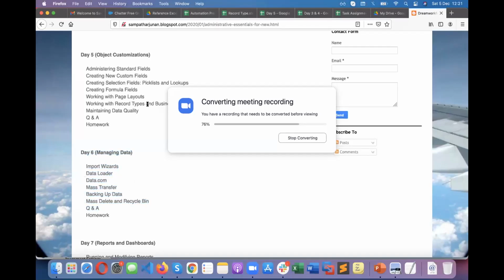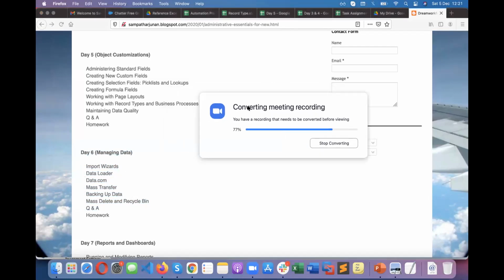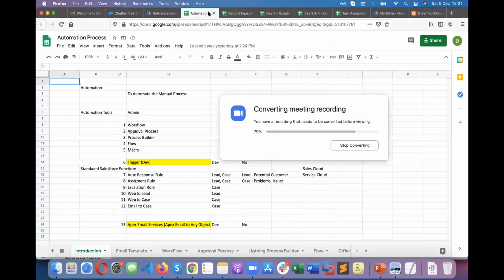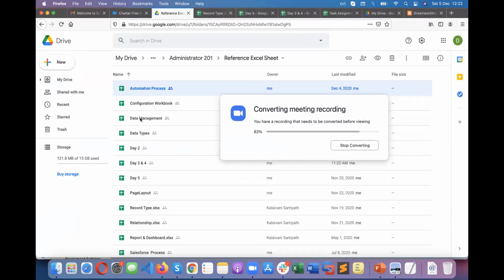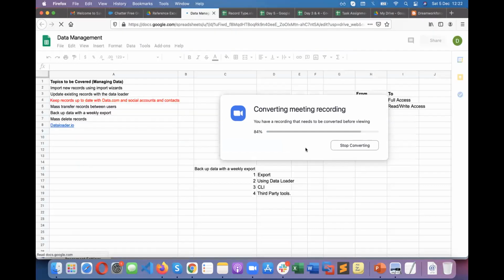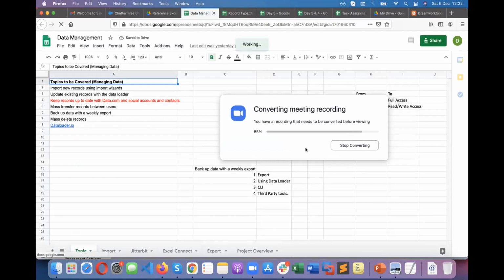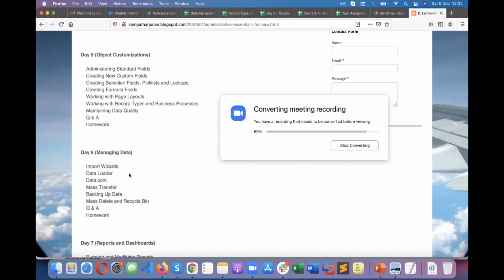Try to cover as much as possible today, but again, we have half an hour more. Data management, which is managing data. Okay, so this is the classic topic from previously. Now just a small tick on the topics, the same concept.